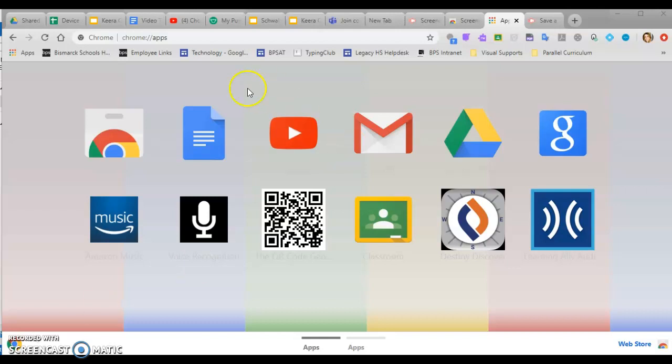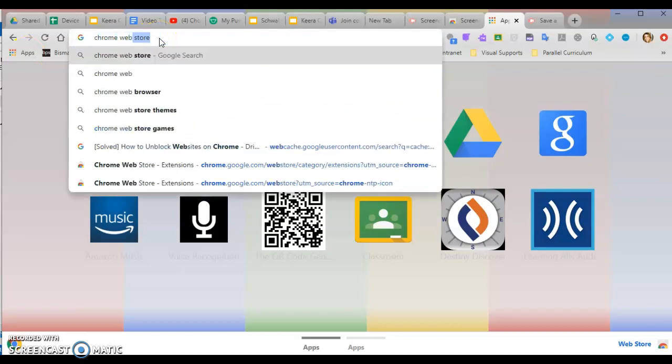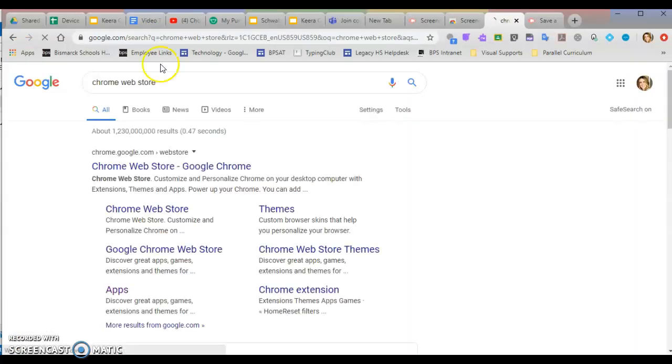So the first thing I'm going to do is I have Google Chrome up. The first thing we're going to need to do is add the extension to your account. So you're going to go to the Chrome App Store. If you don't have this shortcut that I do right here, just Google Chrome Web Store. Okay, and you're going to get here, or you can get to it from here as well. So I'm going to go here,